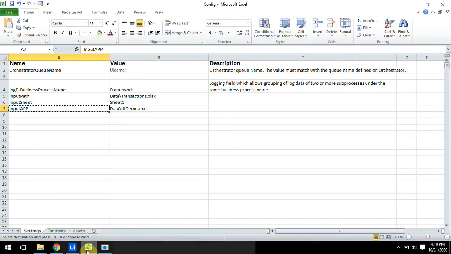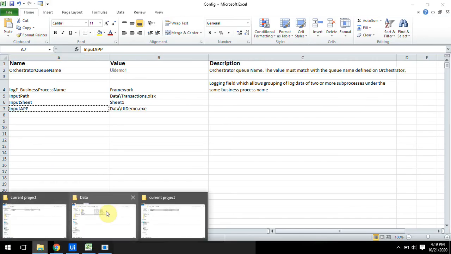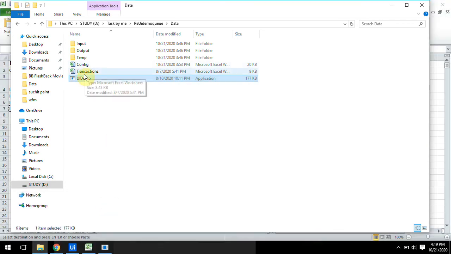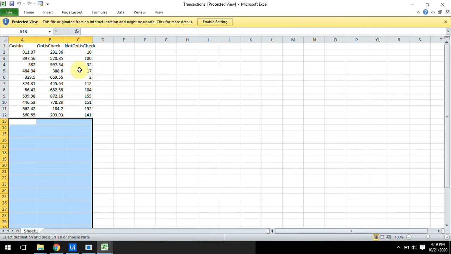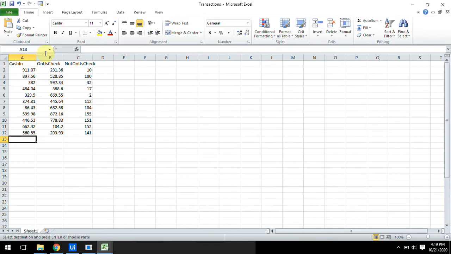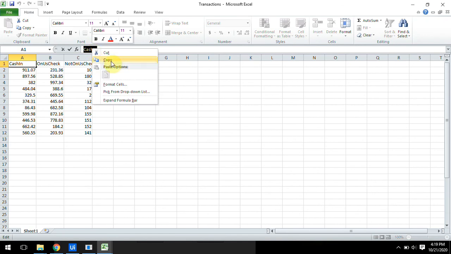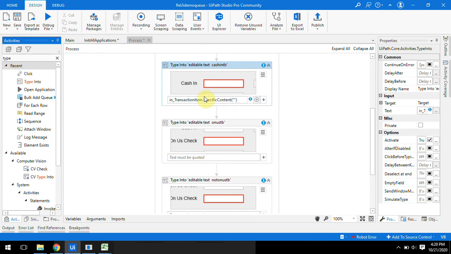You should check clearly, otherwise there may be a different name and you are entering the wrong name. Otherwise just copy it as it is: copy cashing, paste here, dot ToString.